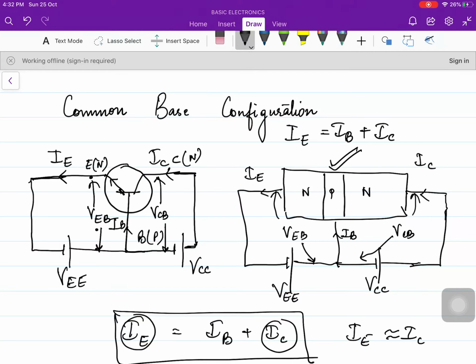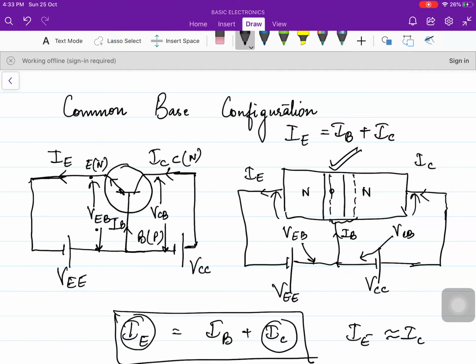When the reverse bias increases, according to the simple features that we have learned in the PN junction, when the reverse biasing is increased, the depletion layer width will also increase. And due to the fact that the doping of base is very less as compared to collector, the depletion layer will extend more into the base as compared to collector. So this is the depletion layer. As you can see, the depletion layer is depleted, that means it does not contain any charge carrier.